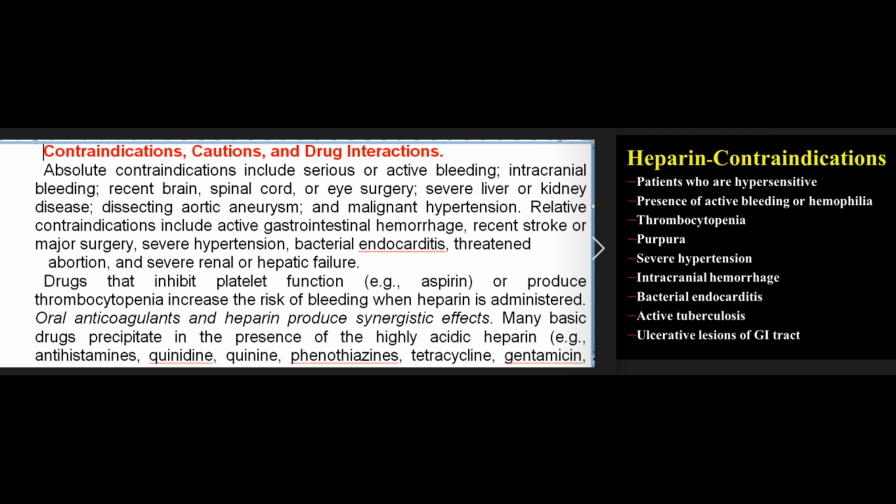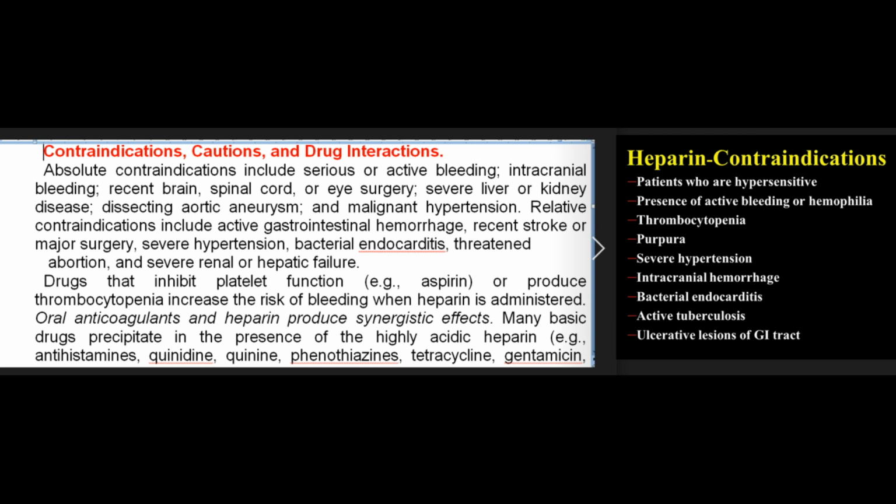Contraindications, cautions, and drug interactions. Absolute contraindications include serious or active bleeding, intracranial bleeding, recent brain, spinal cord, or eye surgery, severe liver or kidney disease, dissecting aortic aneurysm, and malignant hypertension. Relative contraindications include active gastrointestinal hemorrhage, recent stroke or major surgery, severe hypertension, bacterial endocarditis, threatened abortion, and severe renal